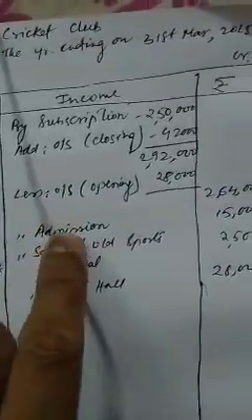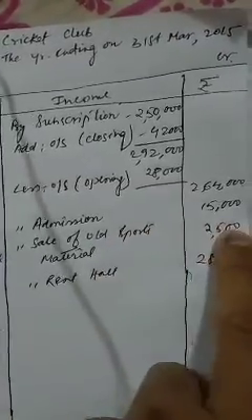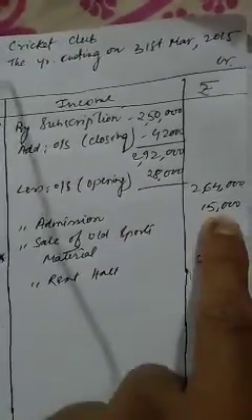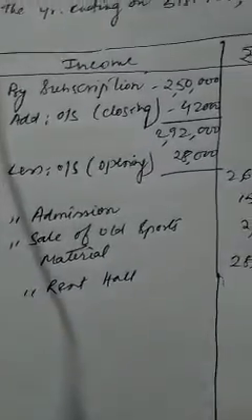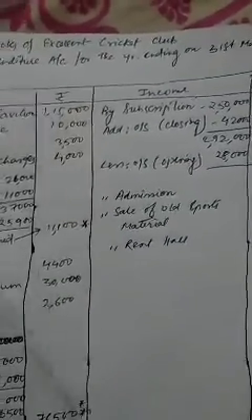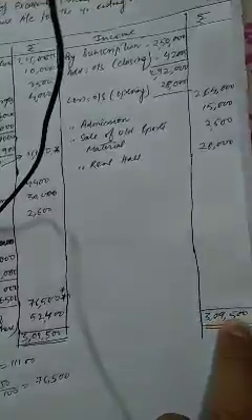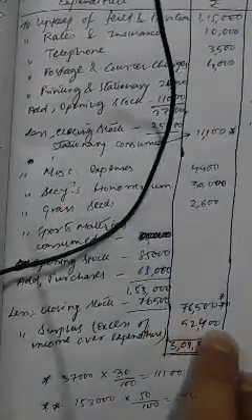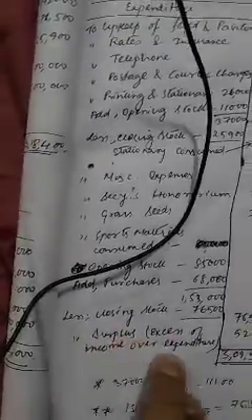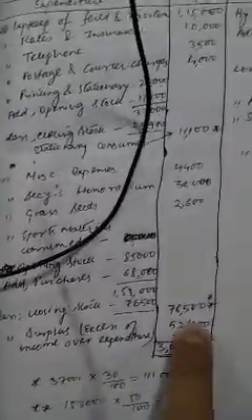And then the admission 15,000, sale of old sports material 2,500, and rent of hall 28,000. These three things I have just taken from the receipt side of the question. After posting all this, I have calculated it is coming to 3,09,500. So I have posted here also, and the balancing figure is 52,400. That is surplus. That means income side is greater than expenditure. Excess of income over expenditure is coming to